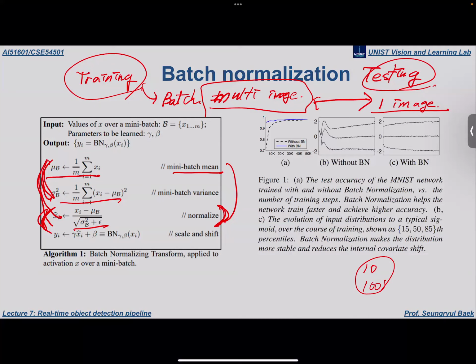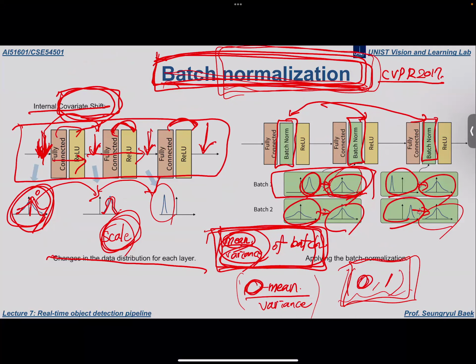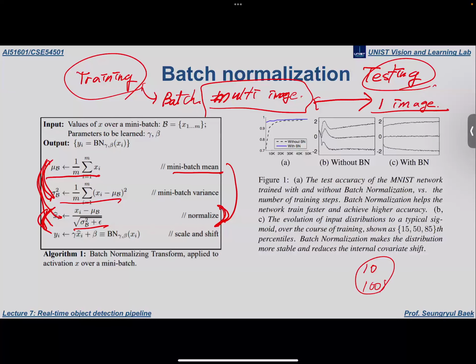So the network is already trained to have weights that fit the batch size, but at testing there is a slight gap to the number of batches used in the training. So these values are additionally learned. We cannot get the mean and variance for the samples at the testing stage the same way as in training. So we have to learn this additional value to inverse transform the normalized signals to the original scale. So batch normalization has to learn this gamma and beta to apply the inverse transformation regardless of the